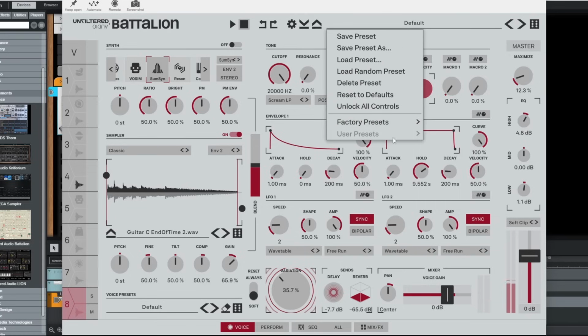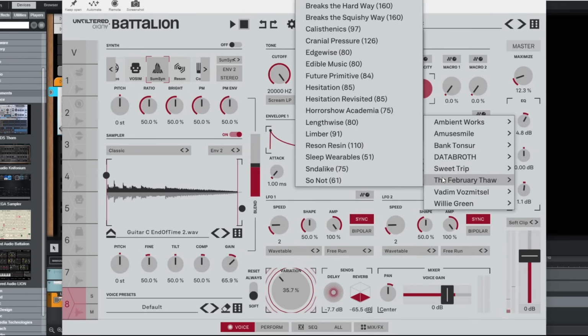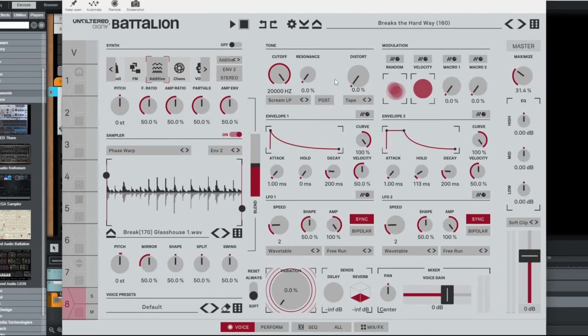I am going to play through some more factory presets for you that come with it. In fact, let's play some from a particular sound designer, Breaks the Hard Way. Let's try this, shall we? And yeah, bless you. I'll play through a load more for you for the next 5 or 10 minutes